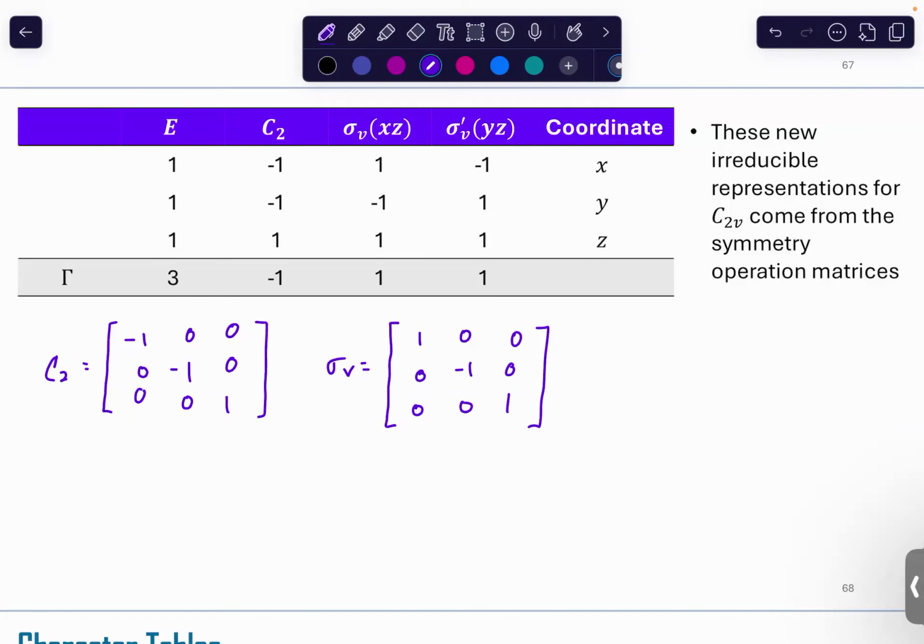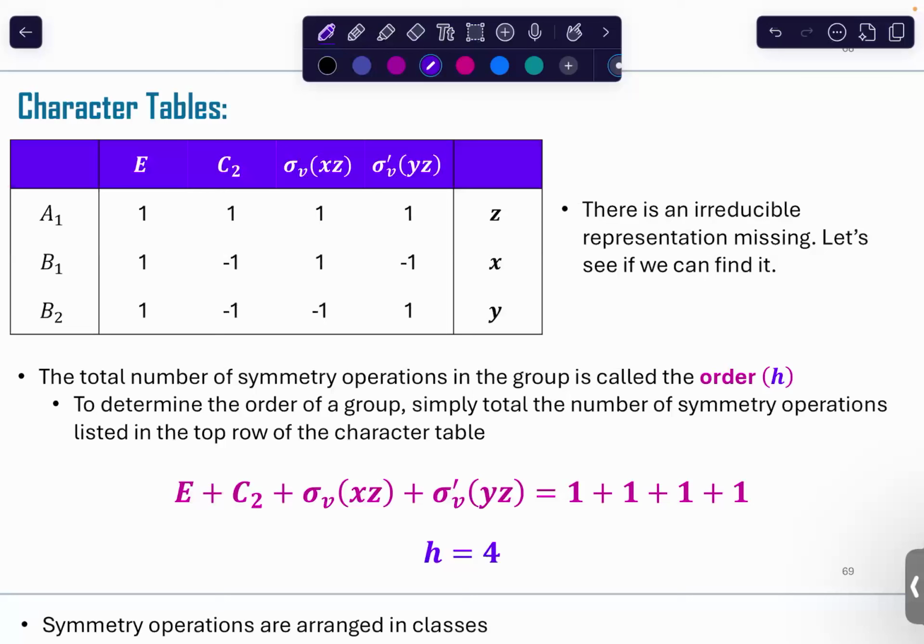Okay, so we have 3 of them now. And what we can do is we can start to build our character table. Now, these are 3 of the irreducible representations that form the C2V group. There is one missing, so we're going to have to expand and figure out what it is. So what we're going to do is start going through